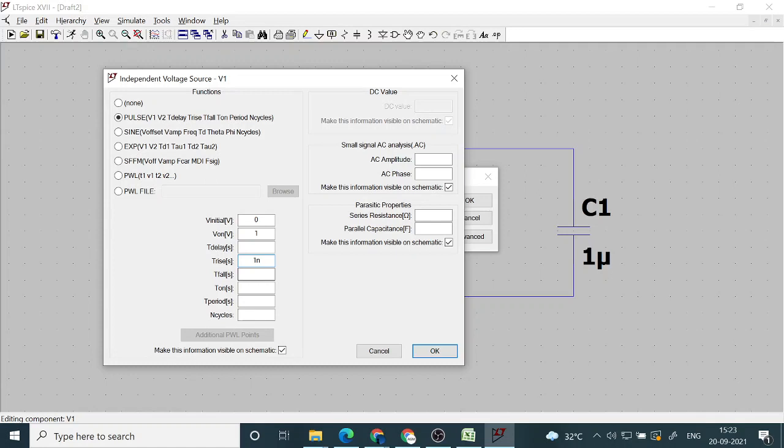It goes very fast, 1 nanosecond. And then fall time, if it was to come back, then again 1 nanosecond. But we are not going to, if you want, you can plot the number of cycles multiple times, but I am not going to do that. On time,